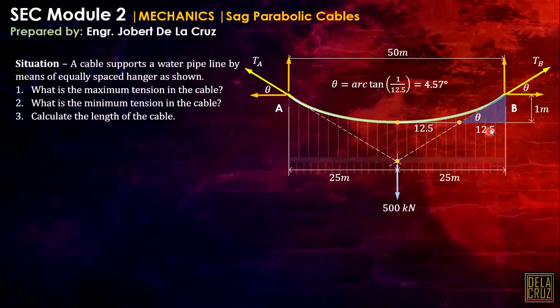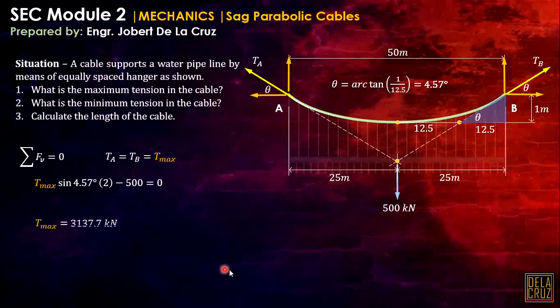Now, after we calculated the angle theta, we can directly calculate the TA and TB by just summation of forces vertical first, since we know that TA should be equal to TB, and that is just the maximum tension. Okay, by that we can say that the T maximum sine of theta, okay, itong dalawa, so i-times 2 na lang natin. Okay, that is just this one, TA sine of theta plus TB sine of theta, and TA and TB is equals, i-times 2 na lang natin, minus 500, and we calculate the maximum tension in the cable,